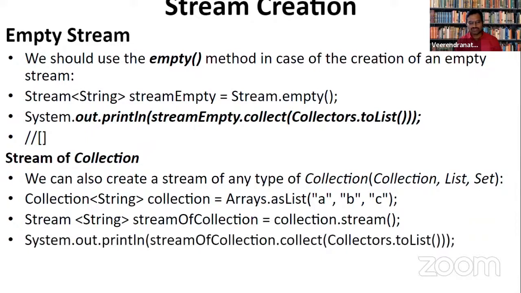Again, you see here, we need to use Collectors.toList. What exactly does it do? It will give you a collection of strings, I mean a list of strings. So for getting the collection of strings, we are saying stream of collection. What is the stream of collection here? It is the variable that is returned from collection.stream, and from that we are going to get a collection. What is it made of? It is made of Arrays.asList ABC.